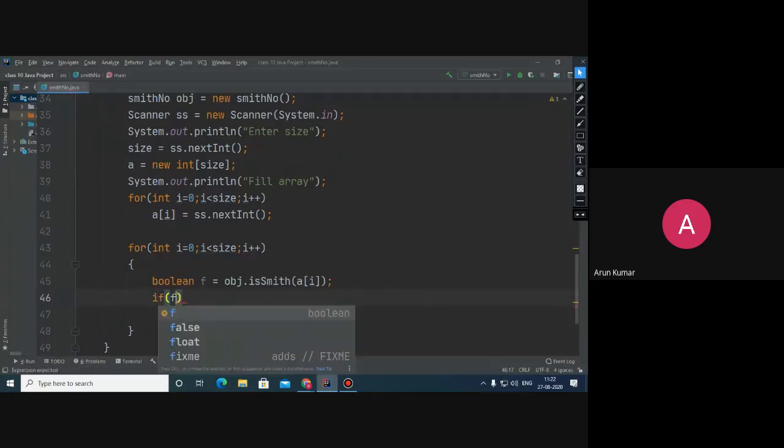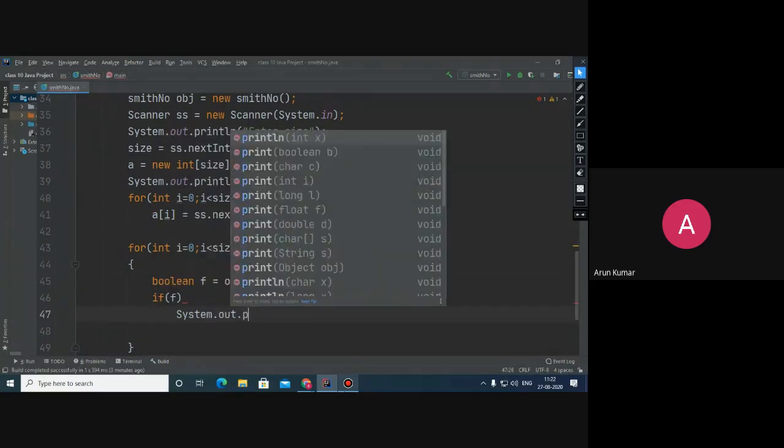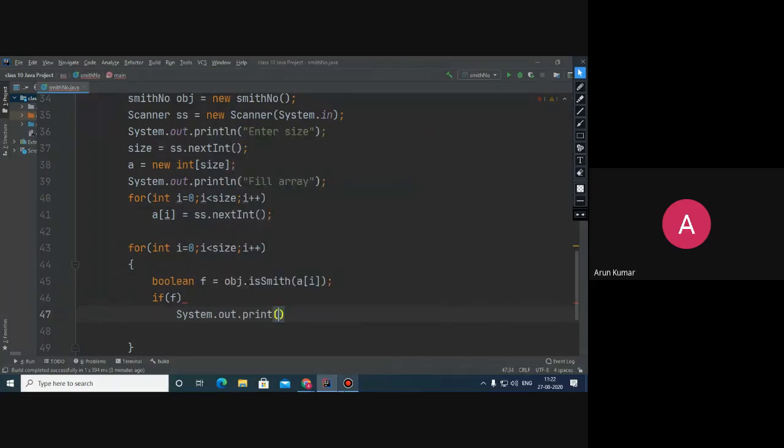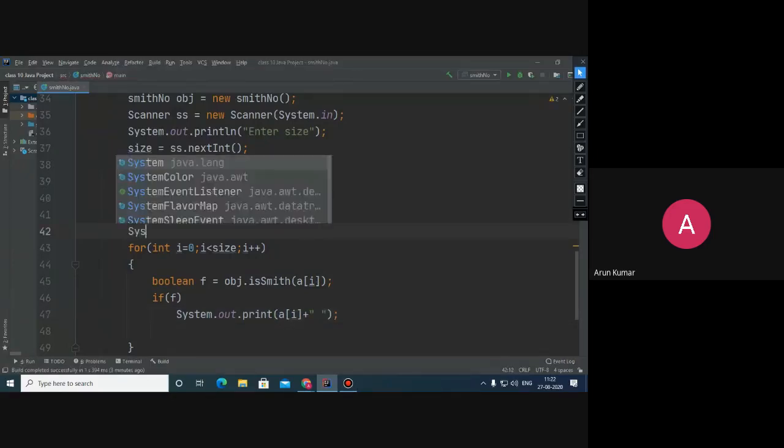So if f, we are going to print a[i] along with one space. So here